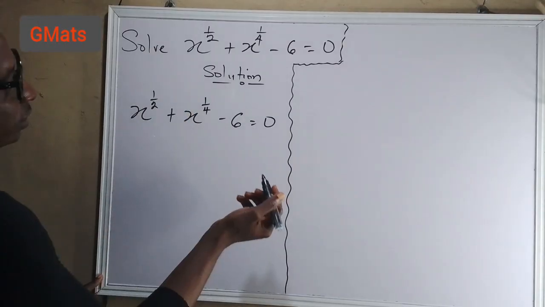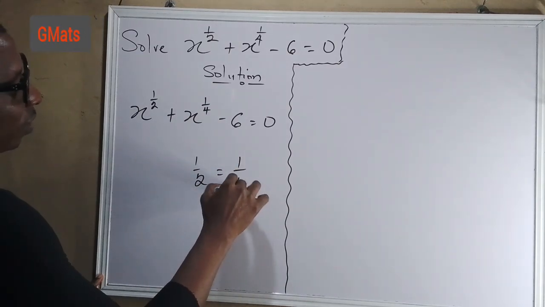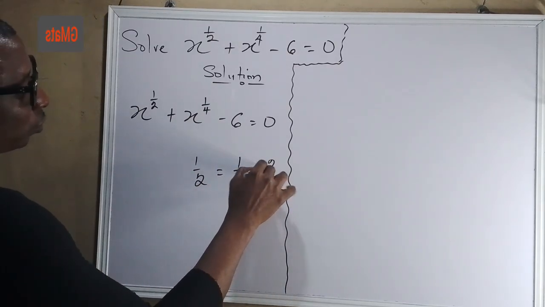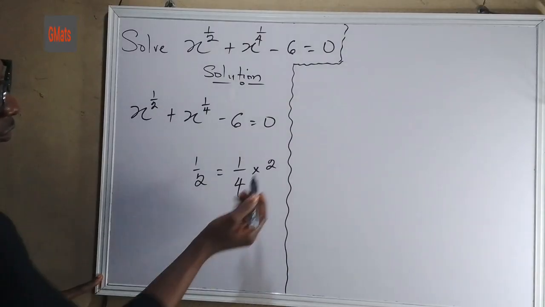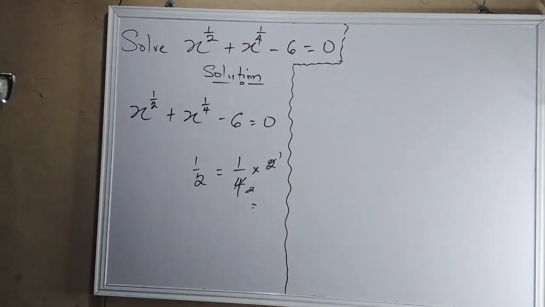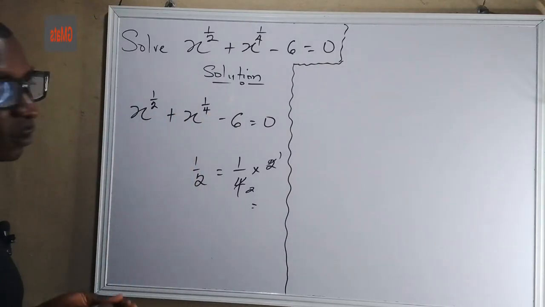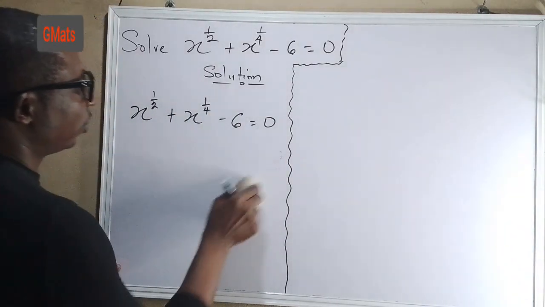1 over 2 is the same thing as 1 over 4 times 2. Because 2 goes here, 1, 2 goes here, 2, which is the same thing as 1 over 2. So I'm trying to express this one in terms of 1 over 4. So that means this equation turns to